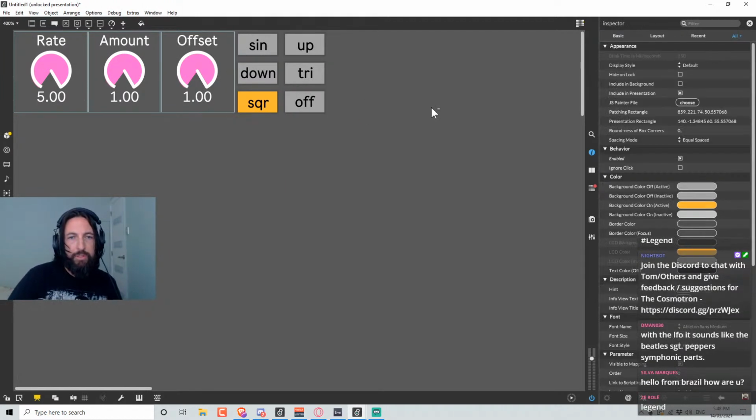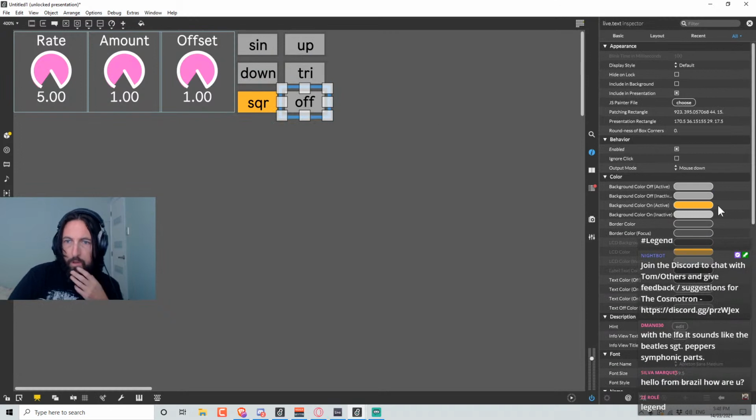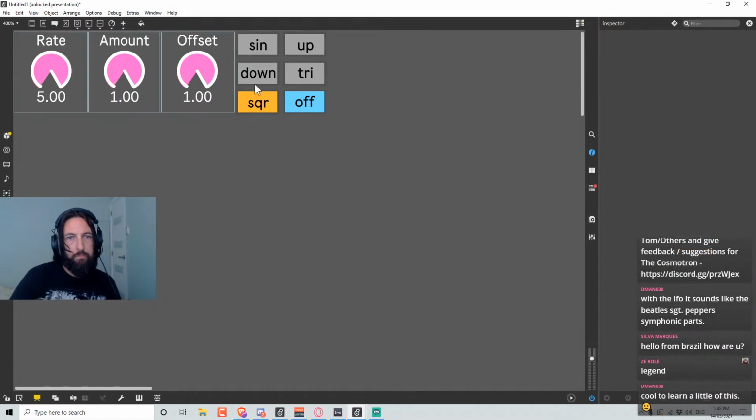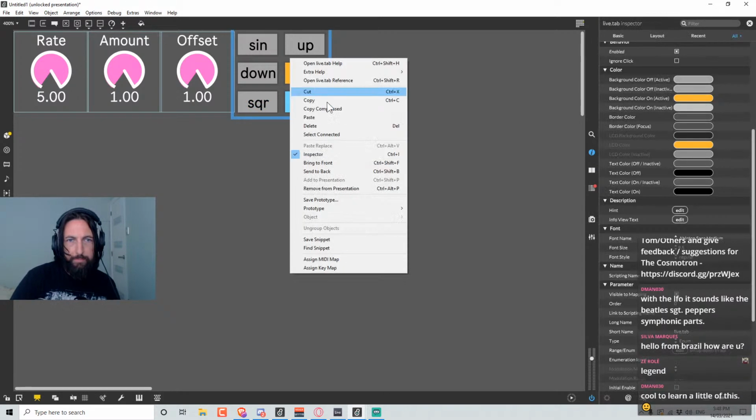Looks good. I should probably change the off button. Maybe background color off could be blue. Oh, that's going to be a problem because this. Maybe if we put this to the back.